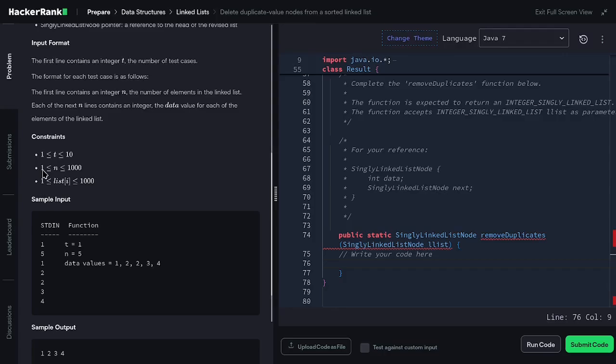And for the next constraint, the n value, which is how many nodes are in the singly linked list, is inclusive from 1 to 1000. And for the data of every node, we have the data property inclusive from 1 to 1000 as our data value. Since it is starting from 1, then we can